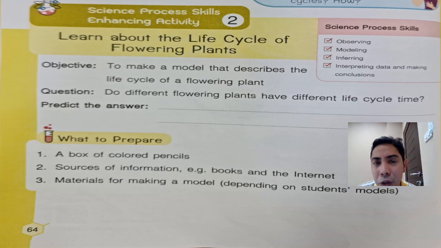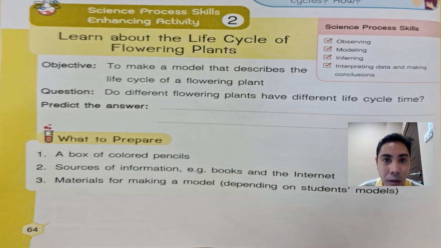Now, do you remember what we did last time? Plants begin with what? They begin with a seed. And you plant the seed inside the soil, and then you put water. You let the air and the sunlight touch the soil with the seed inside, and then it will grow into a baby leaf. It will sprout a tiny leaf, and then it will become a sapling or a baby plant